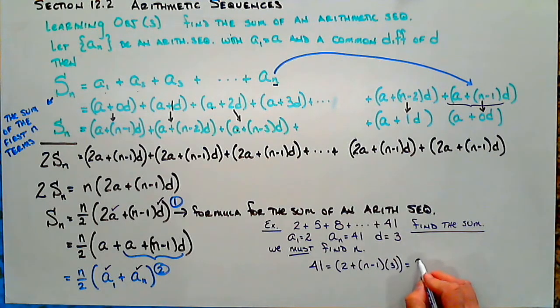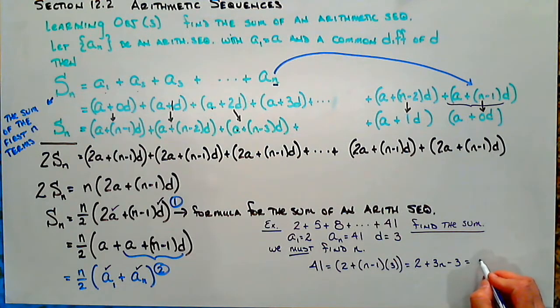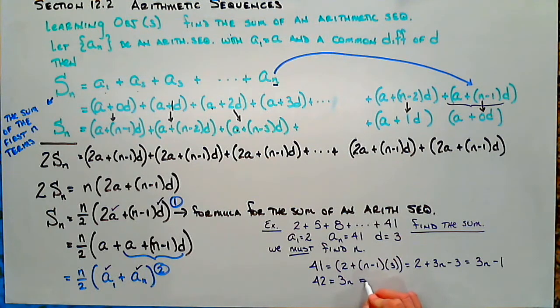We get 2 plus 3 times n is 3n. 3 times negative 1 is minus 3. And remember, this is 41. So what does this equal? This equals 3n minus 1. Now, if we bring the negative 1 over here, we get 42 equals 3n, and that gets me n equals,